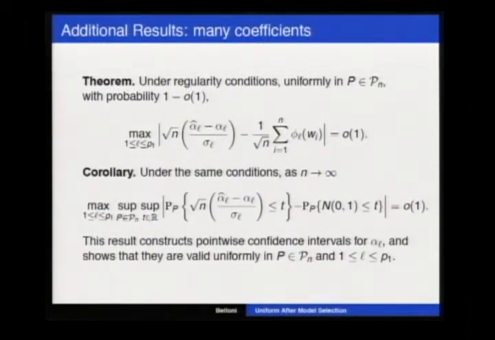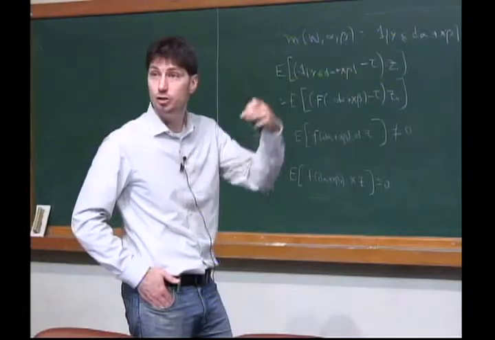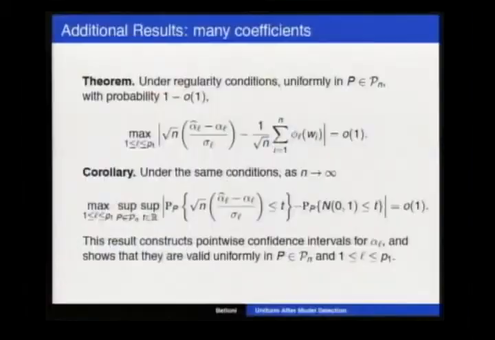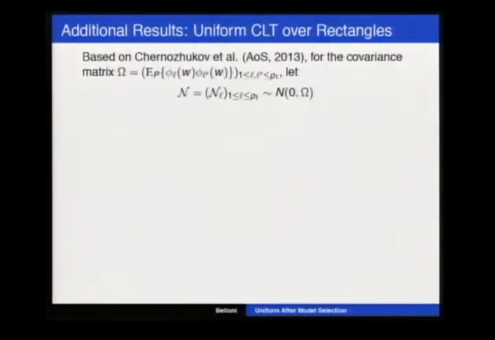In particular, you can do confidence intervals simultaneous for all of them. So each one of them goes to a normal 0, 1 when properly rescaled. This is pointwise, but we could also do, based on some recent results from Victor, Denis, and Kengo,